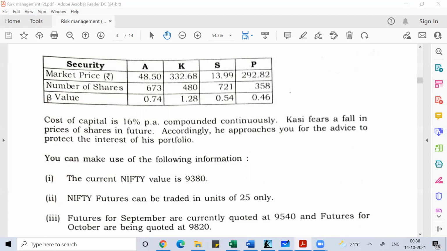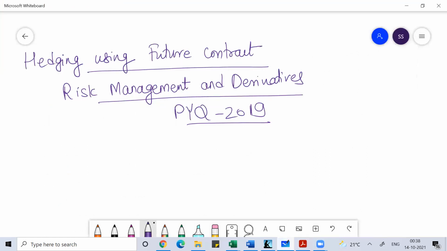So if I have to calculate, because this person has invested in different stocks in different proportions, I need to calculate the beta of the portfolio. The formula that I'll follow is the summation of the weight of each stock in the portfolio into the individual beta of the stock. So how will I find the weight of each stock in the portfolio?